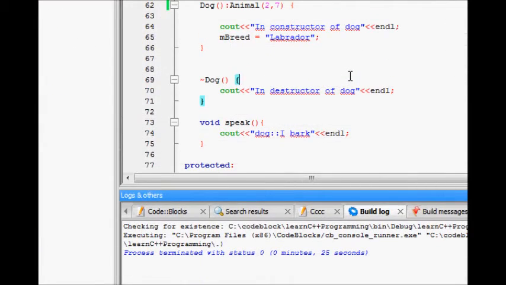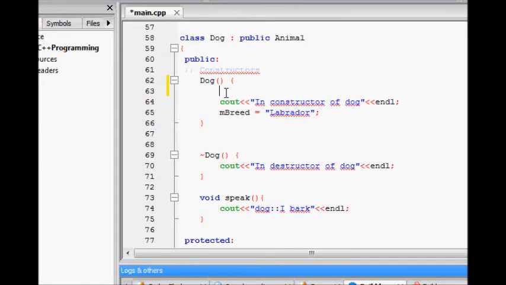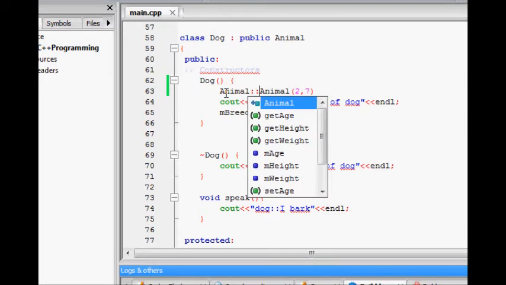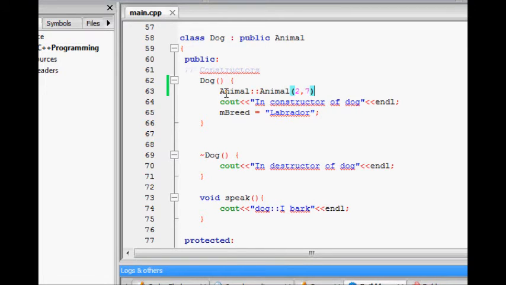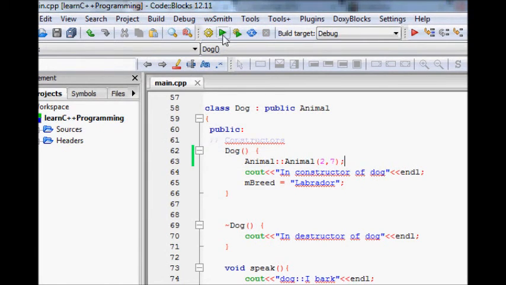There is another way of writing this. Instead of always writing it here, we can also write it like this: the animal class, scope resolution, and then call it this way too. Let's see how it works.